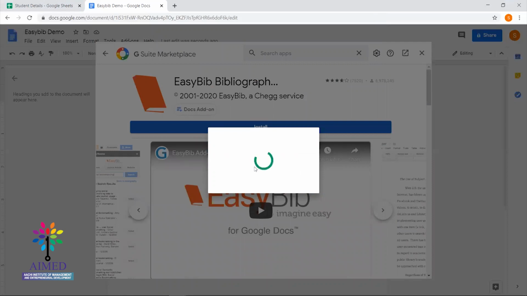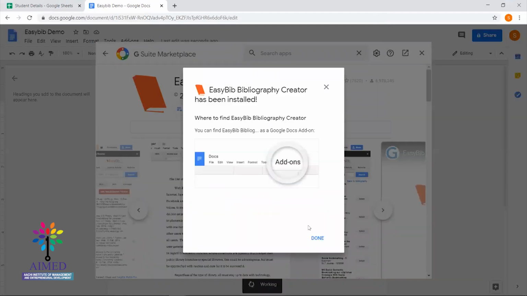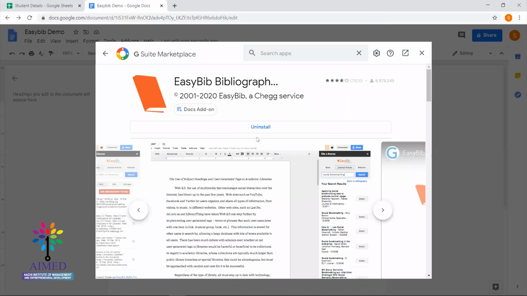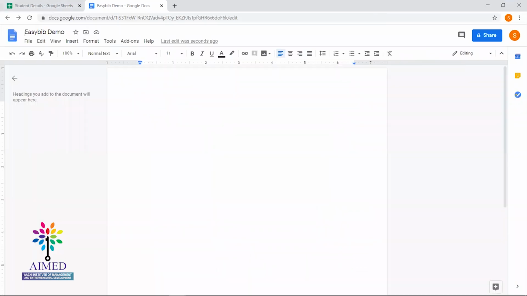After this, the add-on will get installed on top of your Google document. It's done. So I'm going back to the home page of Google Documents.